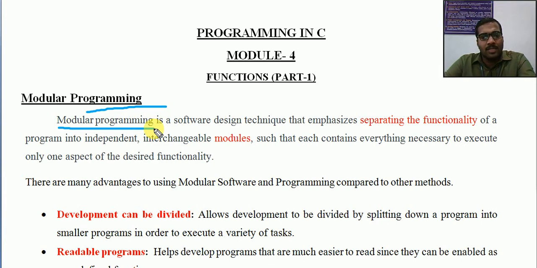So in that situation, you divide the various portions of that particular software into different modules. Even if you take a textbook, if the entire information is gathered together under a single chapter, that will be difficult. But if the author divides that textbook into a number of modules, we can study it.